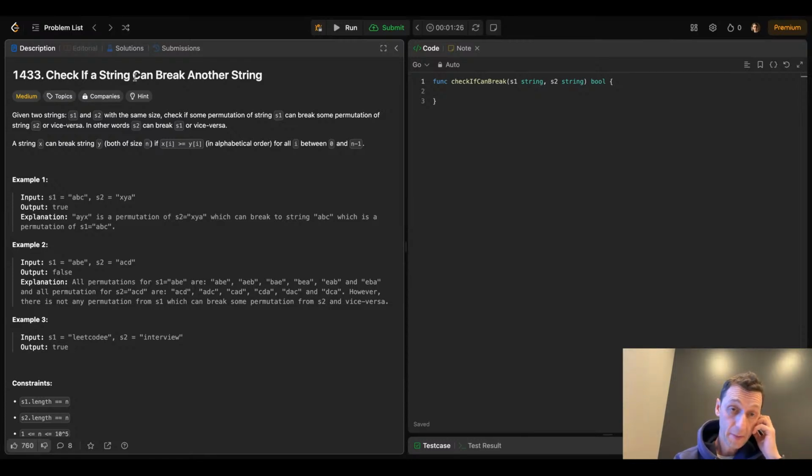Check if a string can break another string. Given two strings with the same size, check if some permutation of string S1 can break some permutation of string S2, or vice versa. A string X can break string Y if, in alphabetical order,